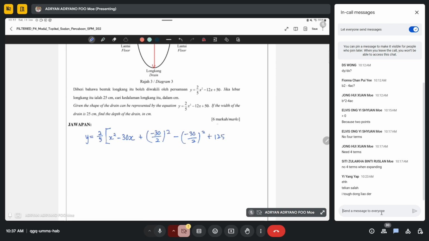Am I doing things correctly? 有谁觉得我做错的？我抽出来那个2 per 5嘛，对吗？因为 x square 一定要是1。Okay? And then 我要 plus minus. Okay? Alright. But the 125, where do I get the 125 from? 哪里拿来的125？